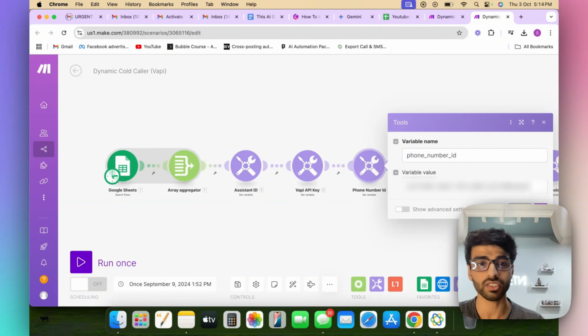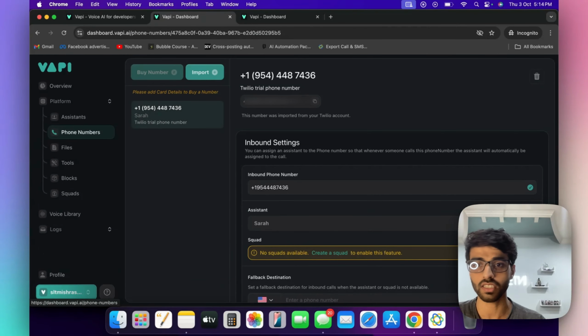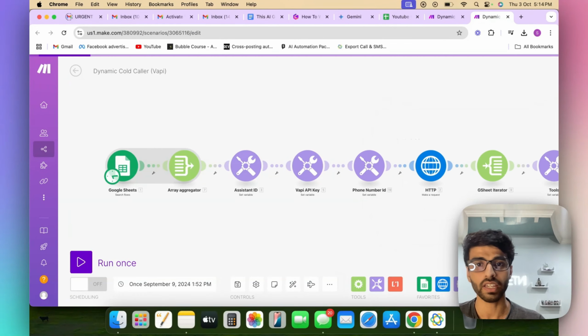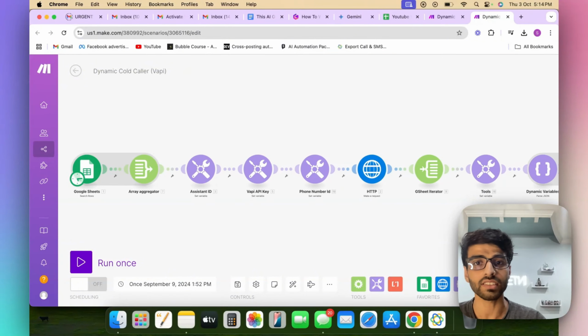Phone number ID goes for the same thing. Okay, hold on, I'll just show it to you. Here's where you find the phone number ID. You just paste it right here, click on OK, and then moving on, the last thing that we need to